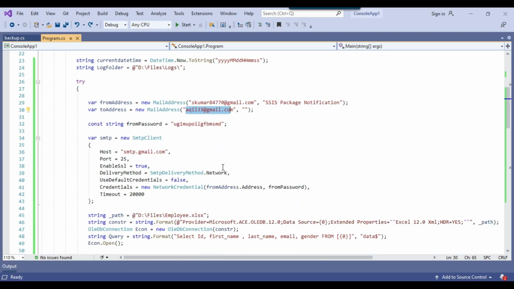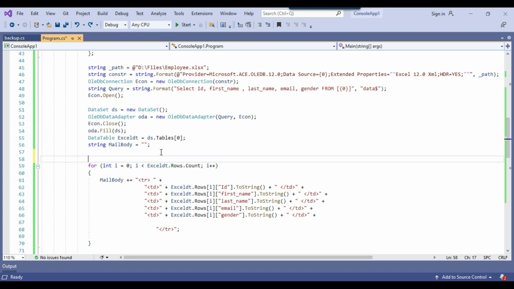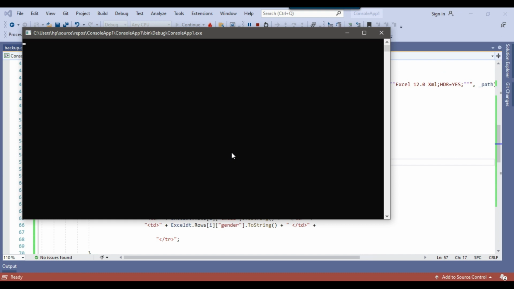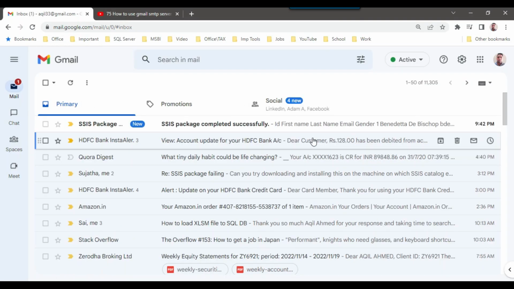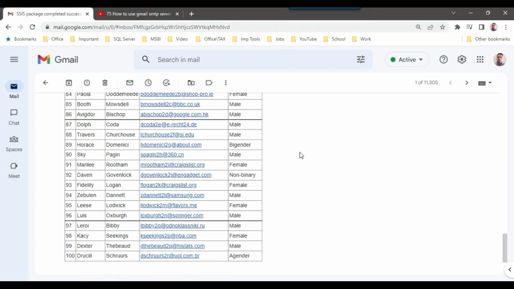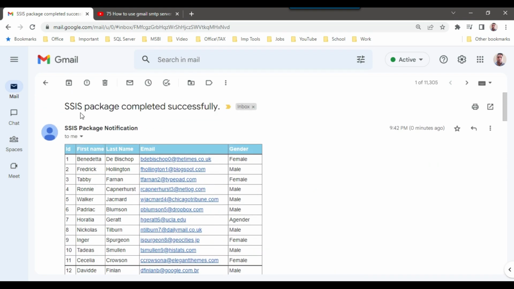And now suppose you want to send the top 100 records, then what we can do is replace this thing. So maybe I can copy this particular value from here, and then I can replace this value with 100, so that it should send only 100 records in the email. So I think that will make more sense. So the process is running, and the process got completed successfully, and I got another email, and this time it should have sent only 100 records in the email. So you can clearly see that I got 100 records in the email. So this is working absolutely fine.